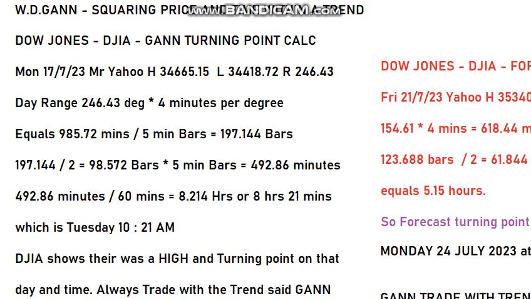So last Monday, 17th of the 7th, Yahoo gives a high of 34,665.15 and a low. So the day's range, take the high from the low to get the day range, is 246.43 degrees, times 4 minutes per degree, which I'm not sure whether that's totally correct. It tends to give 4.8, so it could be 5. But anyway, we're calculating it at 4 minutes per degree, equals